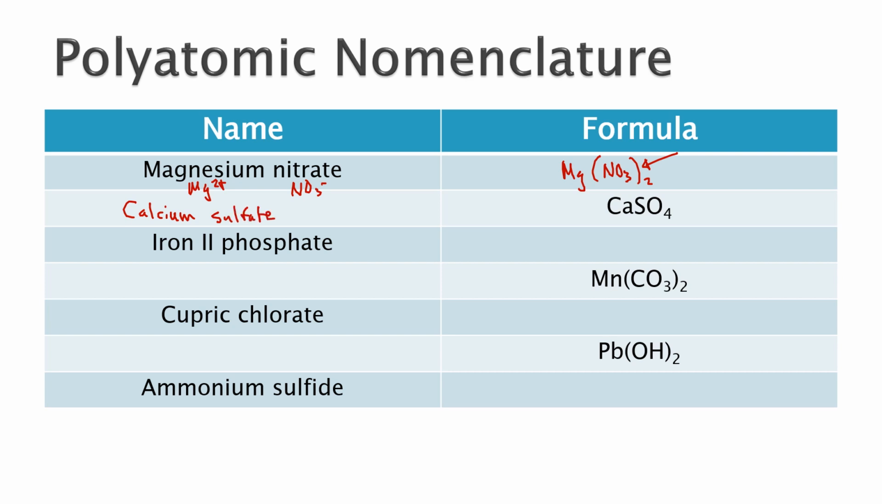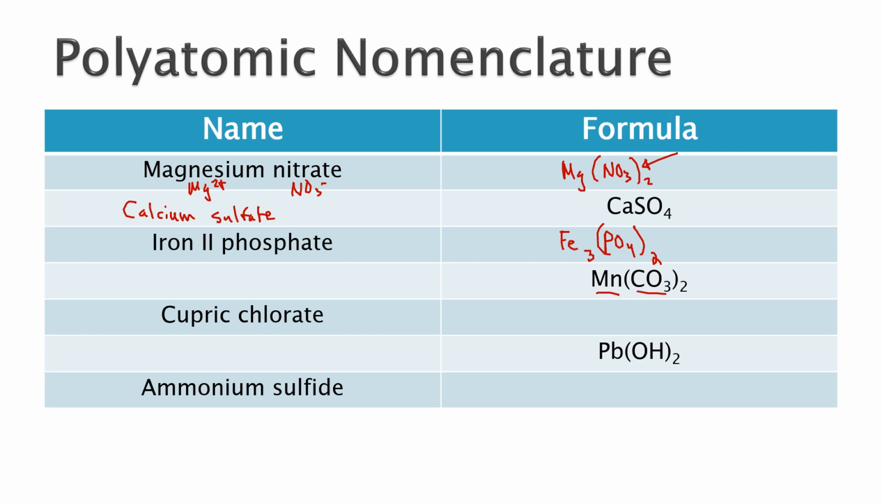Iron 2 phosphate, so that'd be Fe, and PO4, this is a 3 negative and that's a 2 plus. So put the 3 down here, put brackets around this whole thing, put the 2 down here, and we'll get rid of these charges up here because you don't want that included in your formula. All right, we got Mn